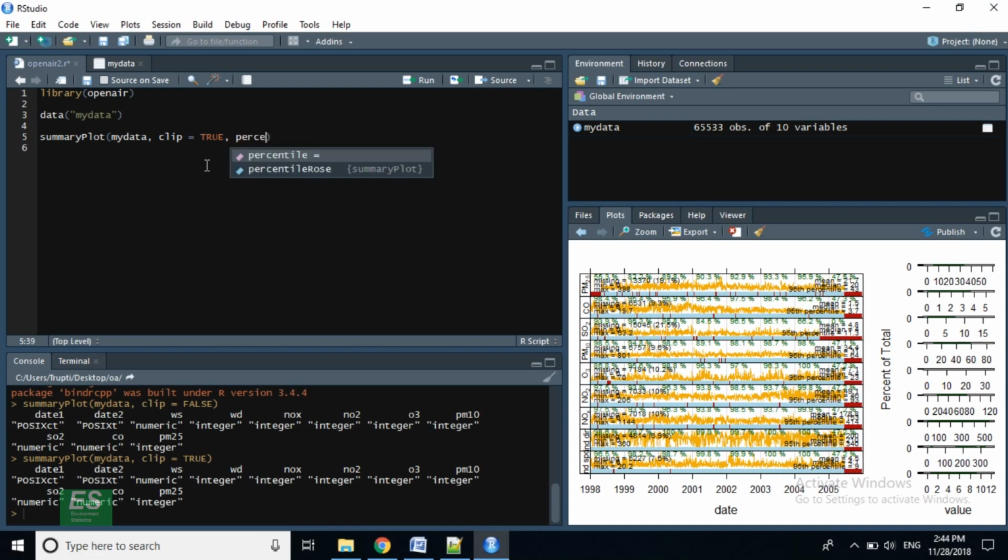Alternatively, there is also percentile, in which we can set the clipping parameter. By default it is 0.99, that is all the values above the 99th percentile are removed. So if we set it as 95 or say 80, all the values after the 80th percentile will be removed in the histogram.